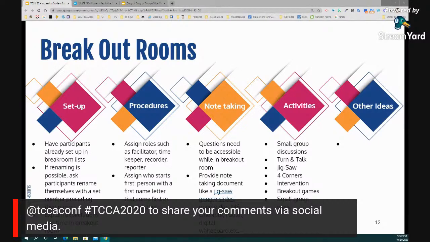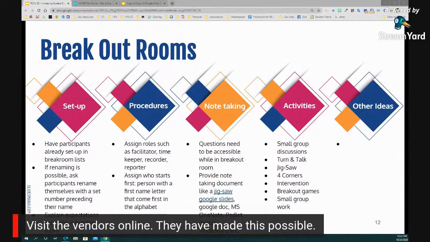Or, if they weren't paying attention, then they can see again what's going on. So again, having that available either in the chat, because usually you can still see the chat on any of these platforms, or maybe having it on the form that's been shared with them so they can still see it. Think of those logistics as well.